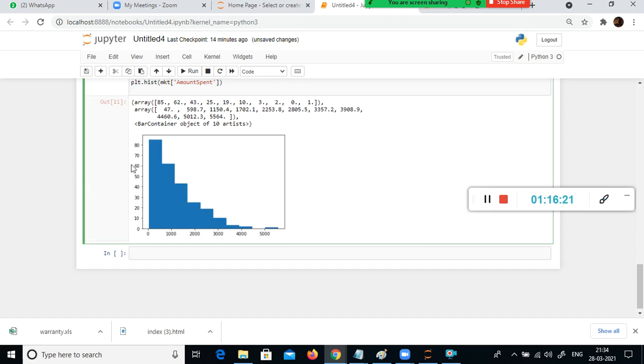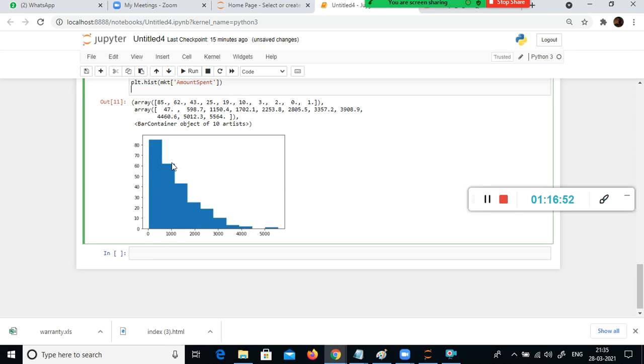See, this is the frequency. The histogram, don't forget it: the y-axis is frequency, from 0 to 1000, and this is the amount spent, $1 to $1,000. How many customers spent? Close to 90 customers spent between $1 and $500, or roughly speaking $1 to $1,000.